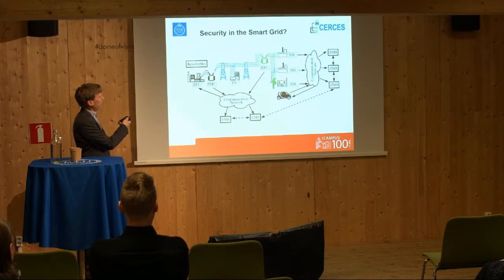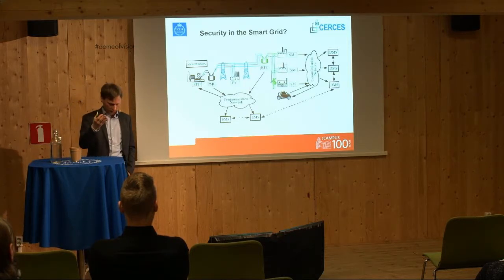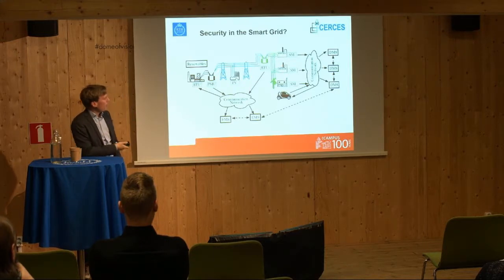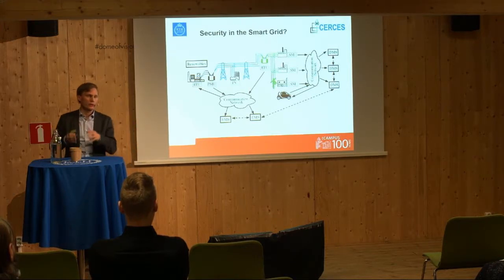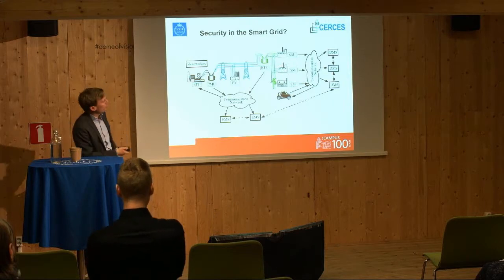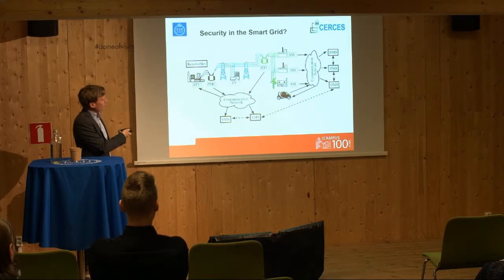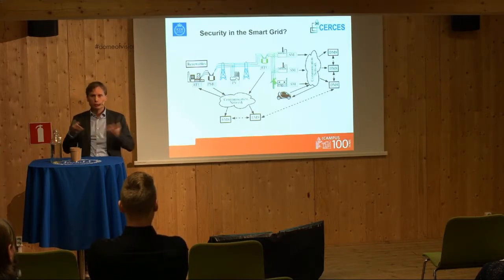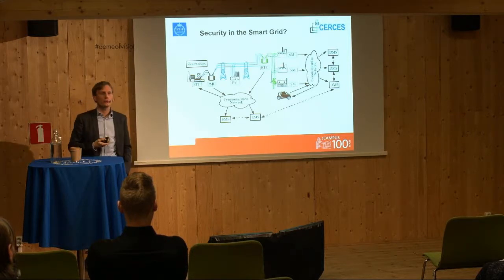It could be a nuclear power plant, a coal power plant, water power plant, photovoltaic solar panels. It could be cars that have batteries where you can put in or take out energy and put it into the grid. They all share information over communication networks to control centers. They can be big national level control centers, but it could also be smaller ones, maybe one in each city. And in these control centers, you make decisions on the production levels that the plants should follow and send them back to the plants.